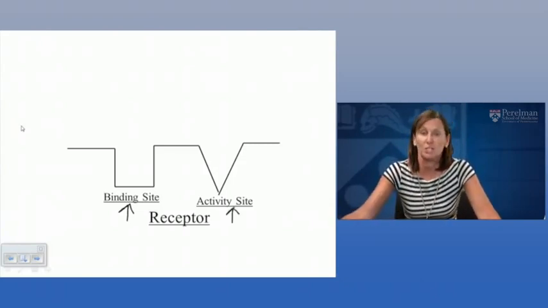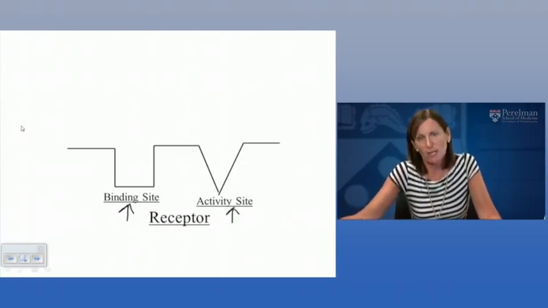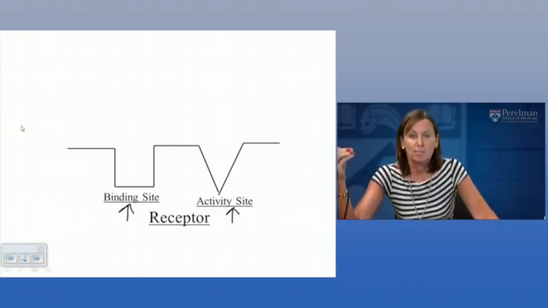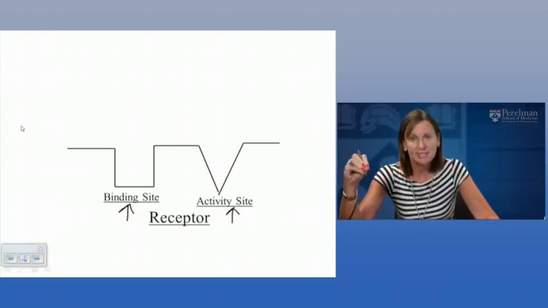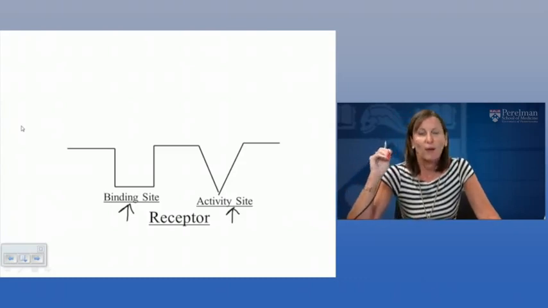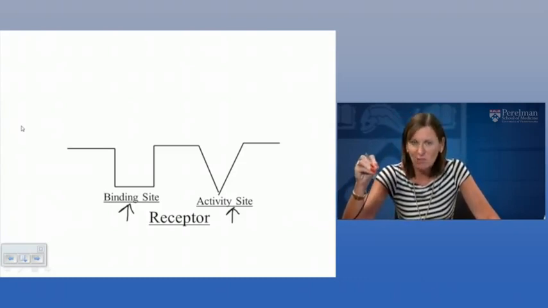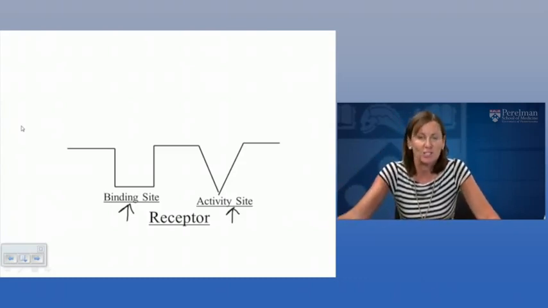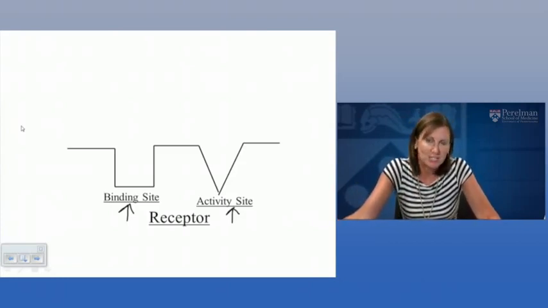So we know that every receptor has a location on that receptor where molecules will bind to it, agonists, antagonists, etc. However, there is a unique activity site that needs to be activated in order for the drug-bound receptor to be able to bring about its response, and that's referred to as the activity